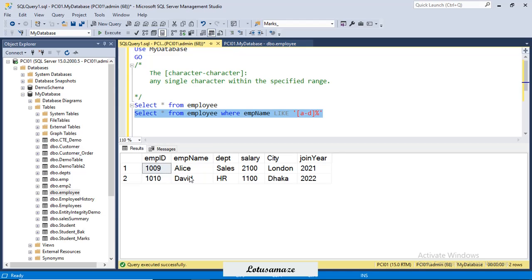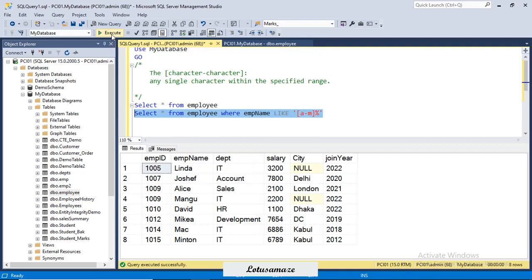It means the characters between A and D including A and D: A, B, C, D. Okay, finally I change it to M. I execute this one. Now I get the list including J, D, M. So whatever the alphabet characters between A and M, including A and M. So this is how you can use the character to character wildcard.